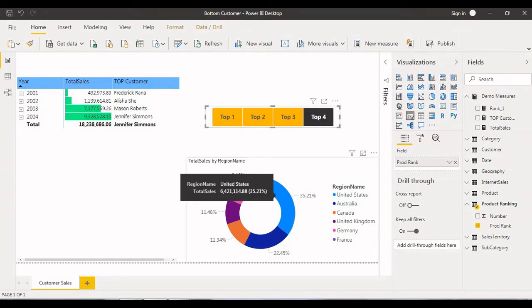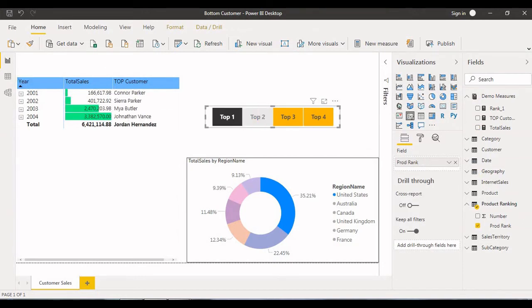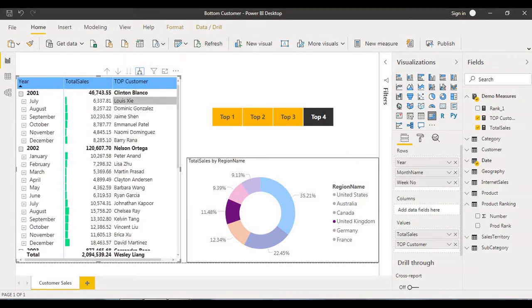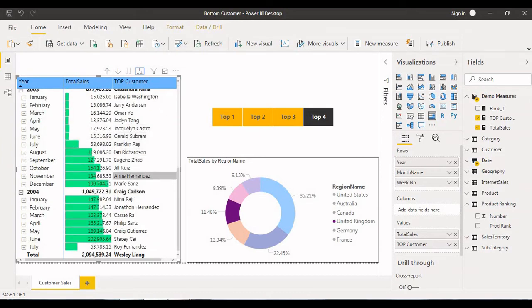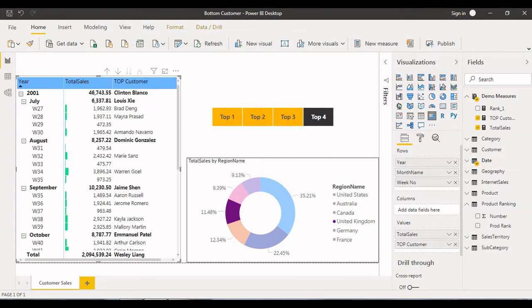You can even find it at region level, each region-wise. For example, in the United States, I want to see the top 4 customers in 2001. Whether you want to see top 1, top 2, top 3 or top 4, you can. You can even find France's customers, Germany, Canada. So we can select any region, and based on that we can find which customer is on top each year. If you want to find month-wise, just drill down to the next level, and we can see the top customer in each month of the respective years. If you want to find the week level also, we can do it.